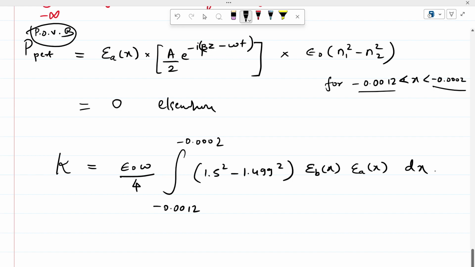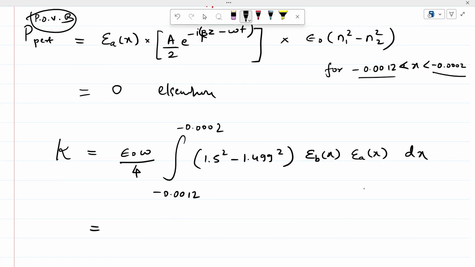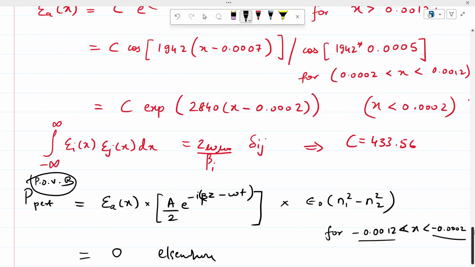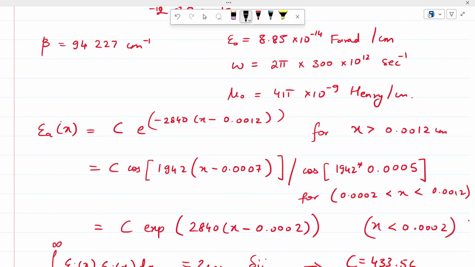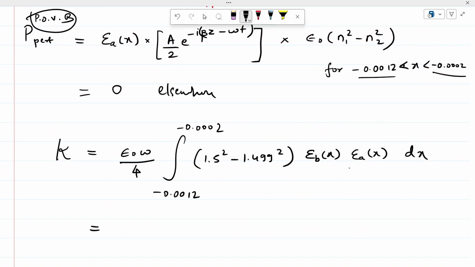So this will be my coupling coefficient, and that you can evaluate. You will get some value. We can evaluate that because we know all the terms in EA of x, we know all the terms in EB of x, so we can find the integral, and epsilon naught omega values also we know, so you will get it in the form of some number. So the number will come out to be 3.6217 centimeter inverse,